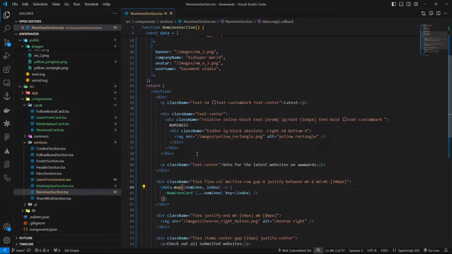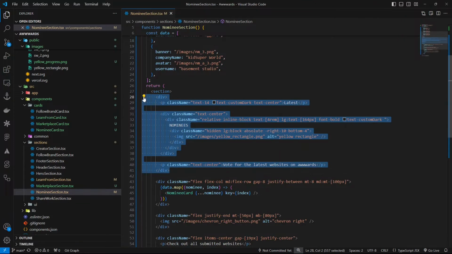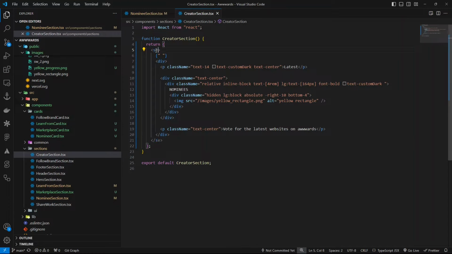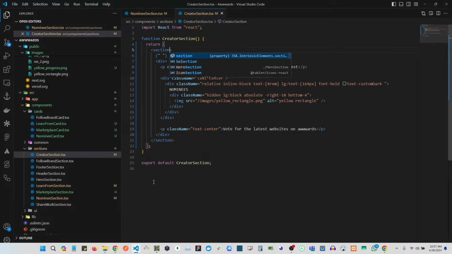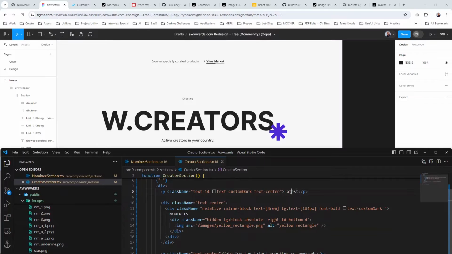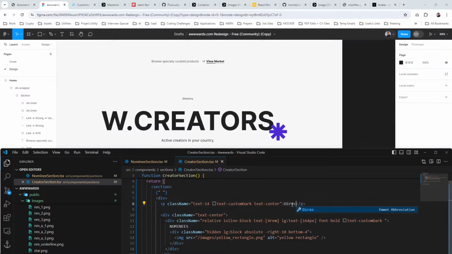I think this one. So I want to go to now the creator section and just paste it in here. So this is going to be section, by the way. So here is going to be directory,